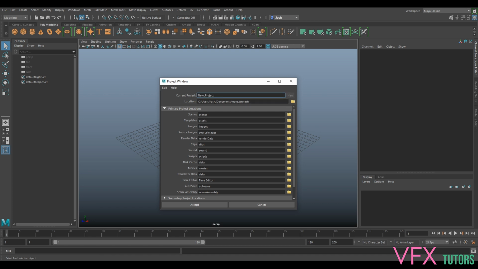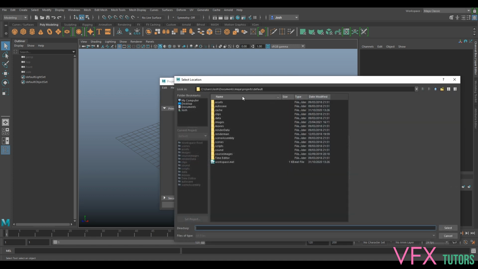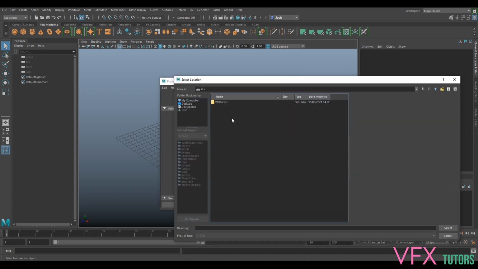So I'm going to select New, and I'm going to call this Bird Box, and I'll call it project, just so I know. You can call it whatever you like, basically, as long as you know this is where your project files are. I'm just doing it because I think I might have already called something bird box. Anyway, so I'm just going to go to this little folder here, and I'm just going to go to my